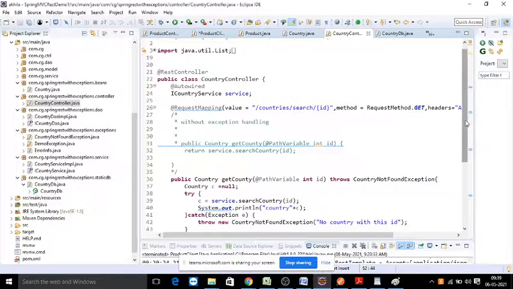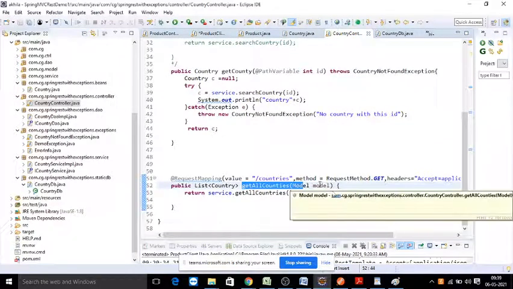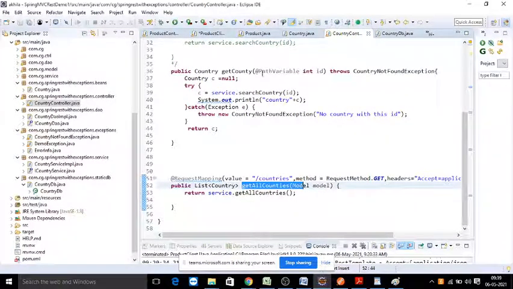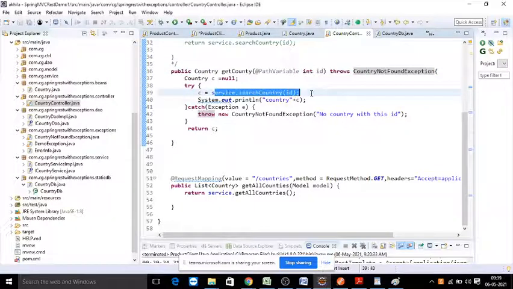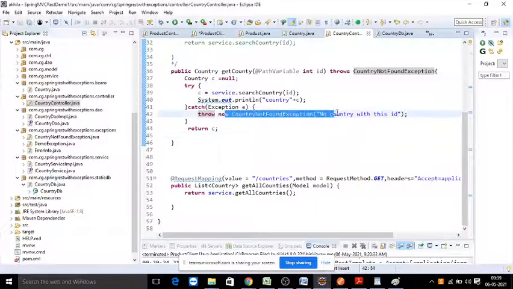First of all, if you call getAllCountries, as usual, it will load all the countries. But when I am passing getCountry by a given ID, if the given ID is not present in your list, it should throw an exception called CountryNotFoundException. It is a custom exception you want to write. So you are searching in the service. If it is not present, you are try-catching it and throwing the exception. Whenever you are throwing it, this exception should be handled. How to handle it, right?